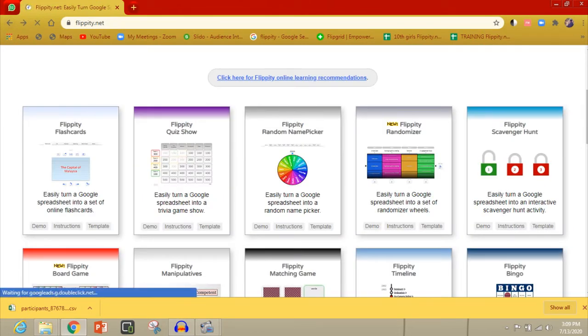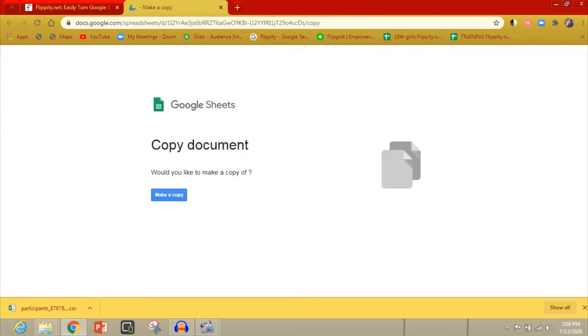Okay, now you are going to work with the template. If you open the template, in some systems or laptops the template will be directly opened, but you cannot edit anything in that template. So in the template there will be a file option. Just click the file option and click make a copy. Sir, if I make a copy, where will it be stored? It will be stored in your Google Drive. In my system, it led directly to this make a copy page. So I'm going to make a copy.